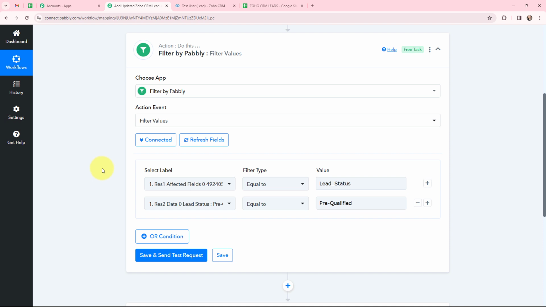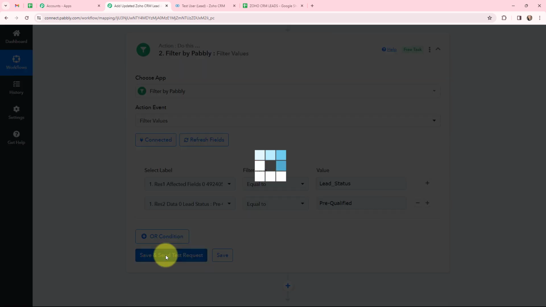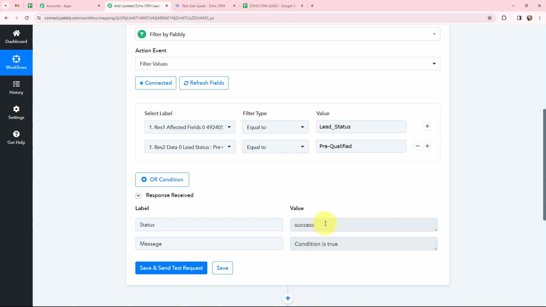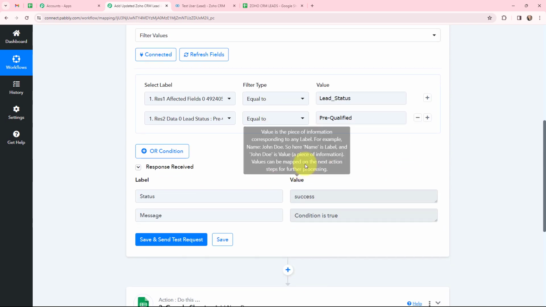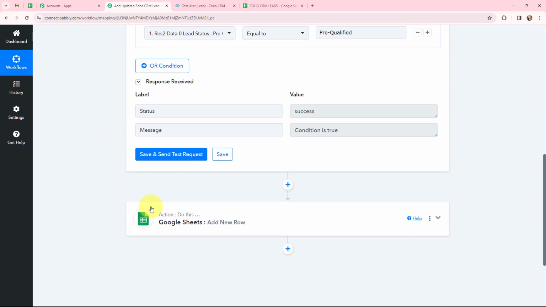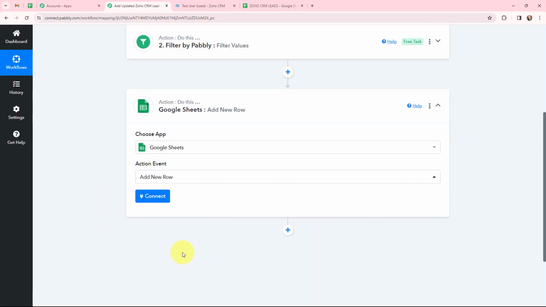As I've mentioned my conditions over here, I'm going to click on Save and Send Test Request. Here you can see that it says success, condition is true. So now moving ahead, as the status is success, the message is true. Now, as I want to add the lead details in my Google Sheets,